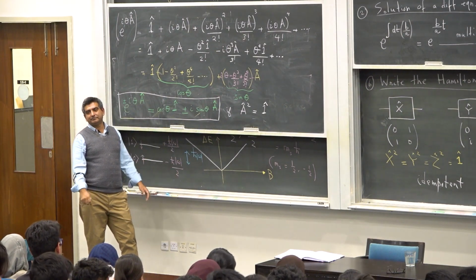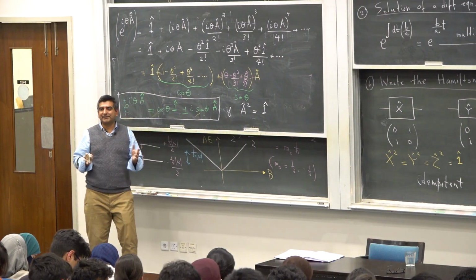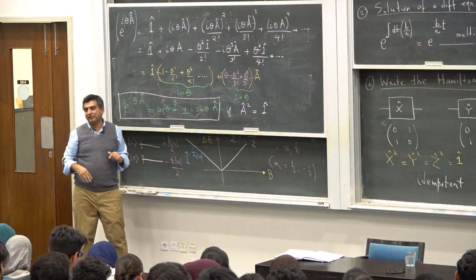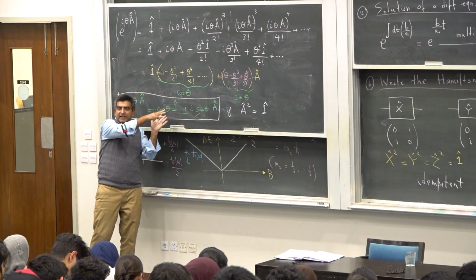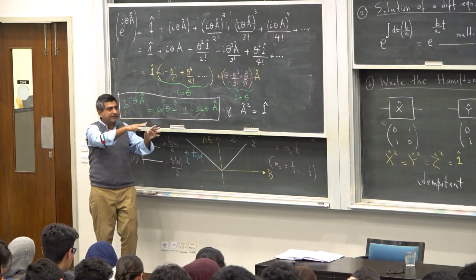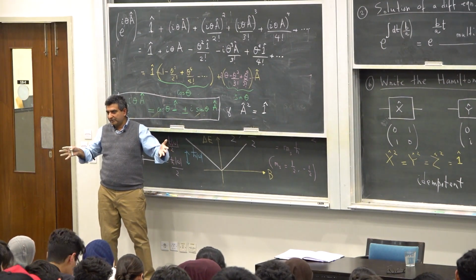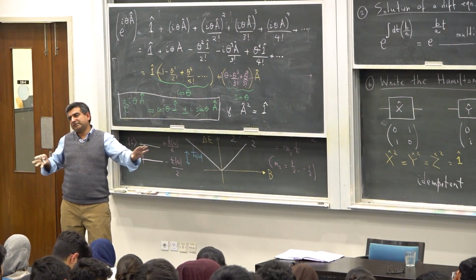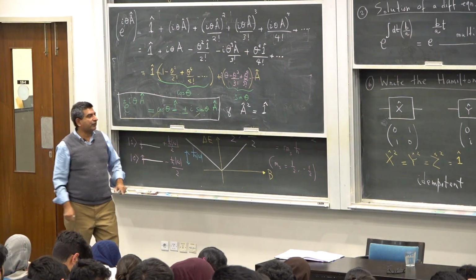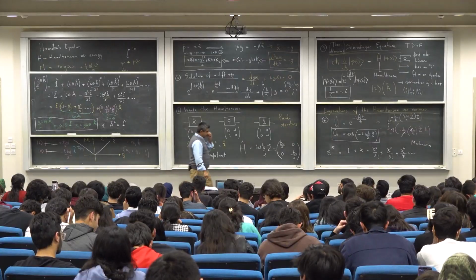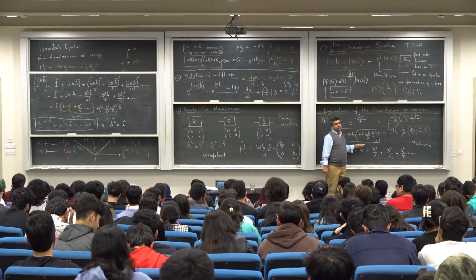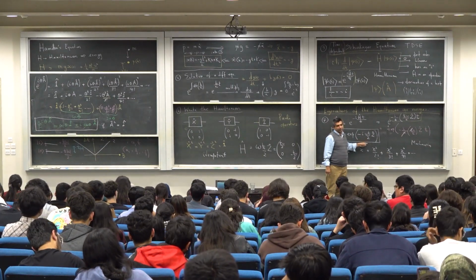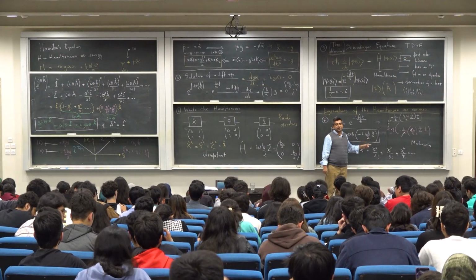Very nice. Because now this is something you can easily find, because there is no exponent here. This is just cosine theta multiplied with identity plus minus iota sine theta multiplied with the matrix itself. So now you've converted the problem of exponentiation of a matrix into something really simple. Now can we, with this knowledge, find out what this state is going to look like? I leave this as your problem, and we'll continue with this on Tuesday, inshallah.